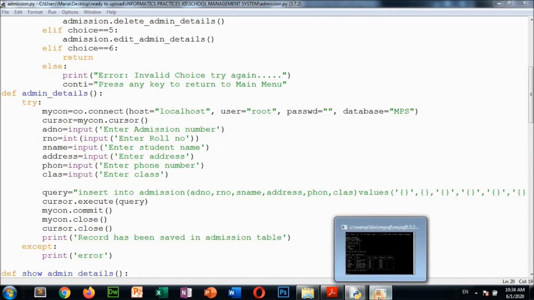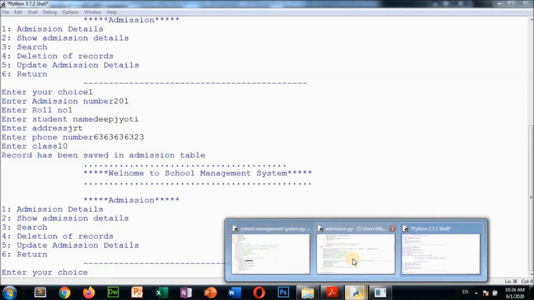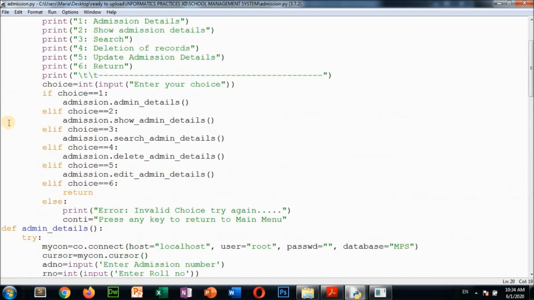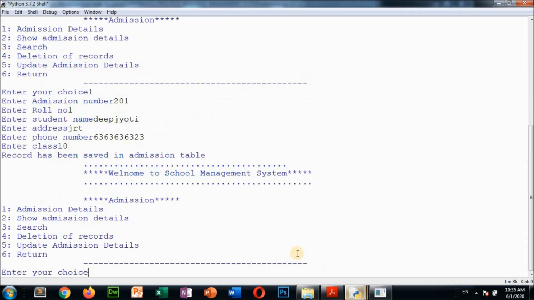Now after that, what has come in the output? See, the admission details menu has come again. This is the same thing, it has come again. That is why I have given this function in a loop. Why I am using a loop here, now you understand, I think. While true, a while loop we are using here. When we press 6, then only it will exit. So while true means this is true now, so that is why this form has come again in the output.